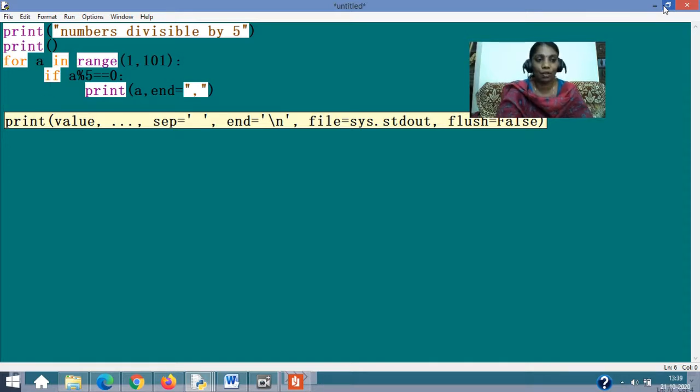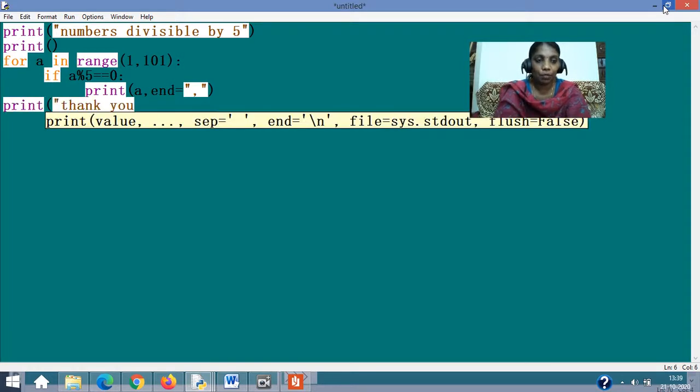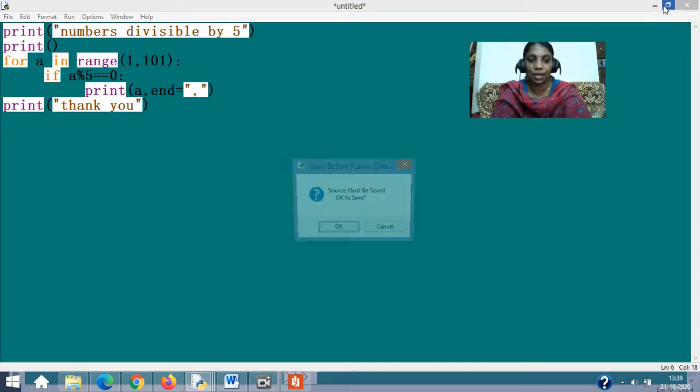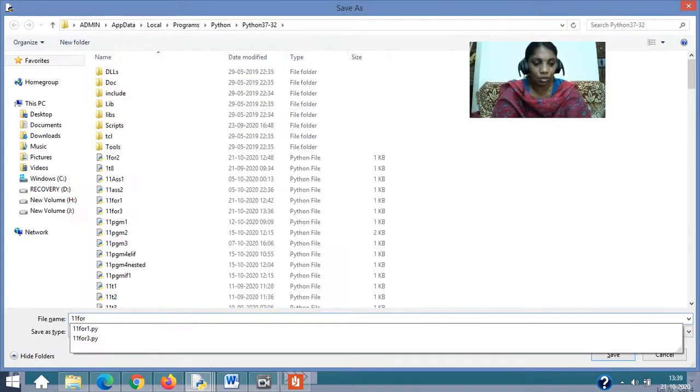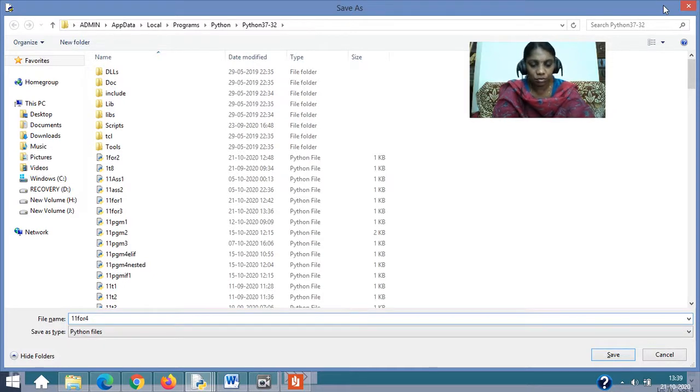And then if you want, at the end you can write thank you. I will show you what happens if I write else there. What did I do? I just did that thinking that it will print. I have to give print. When you make a mistake, it is your responsibility to understand the mistake. Yeah, that is how you learn.